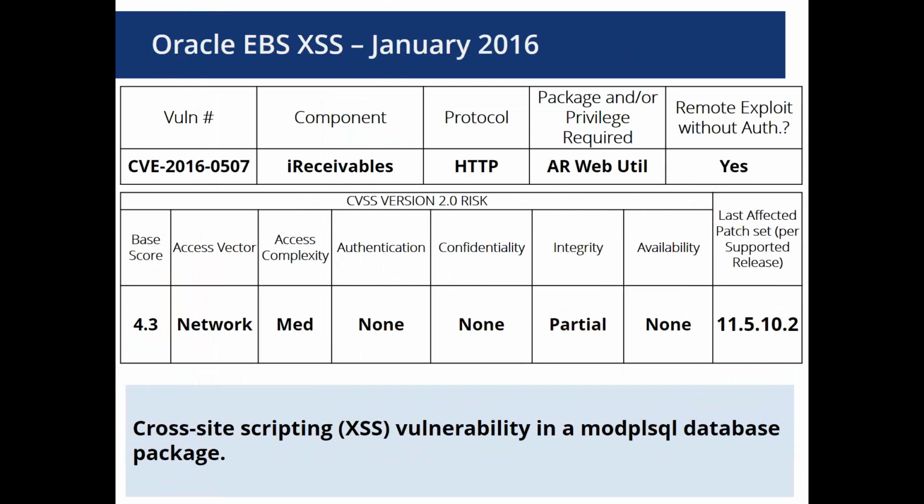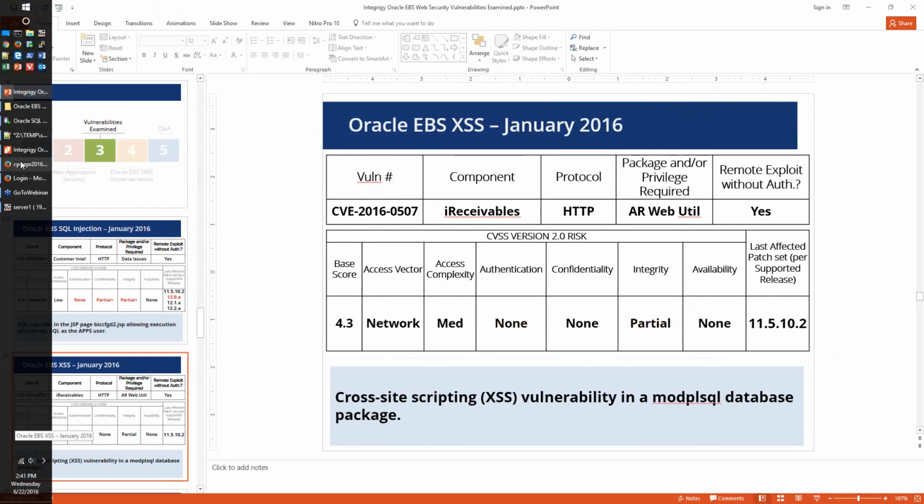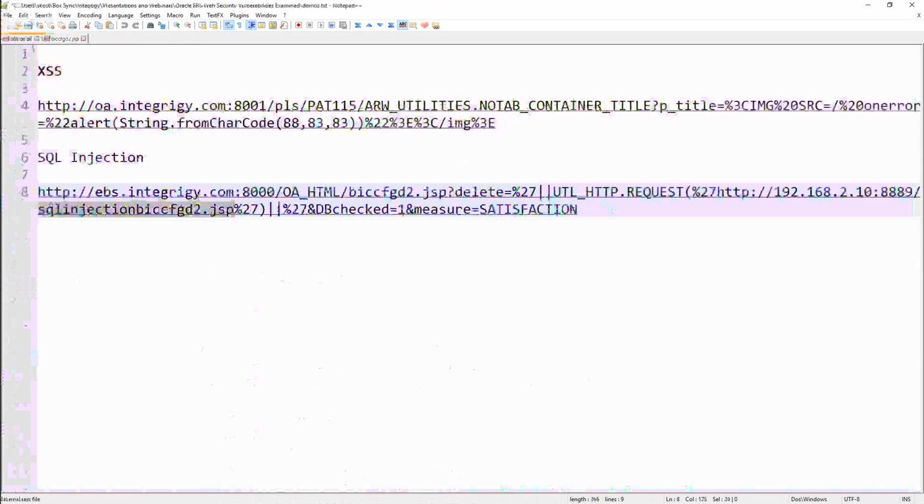So cross-site scripting is very similar. Again, I've got a URL, and I'm not having to do anything super complex. All I'm doing is going in, and I've got a URL here, and this one is an 11i, and all I'm doing is passing in a little convoluted string, but there are websites that detail these out. And the classic one is just alert a script, and I then call another URL. This is actually a